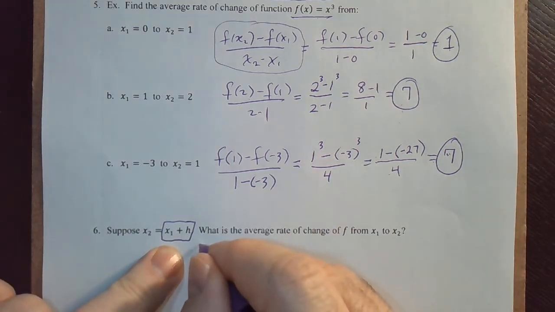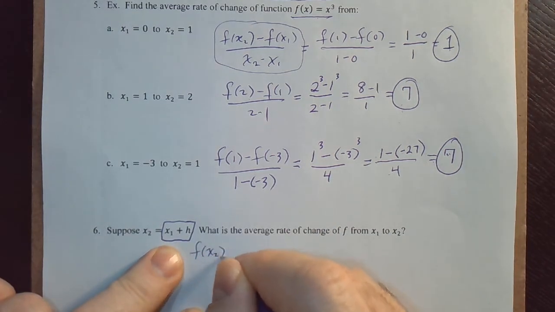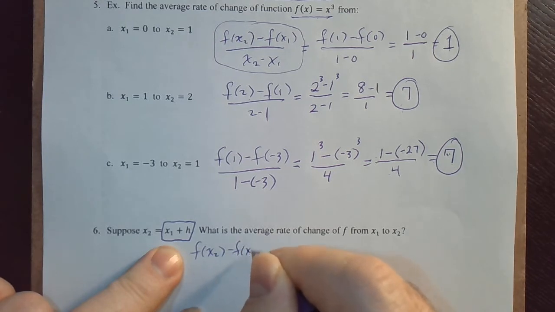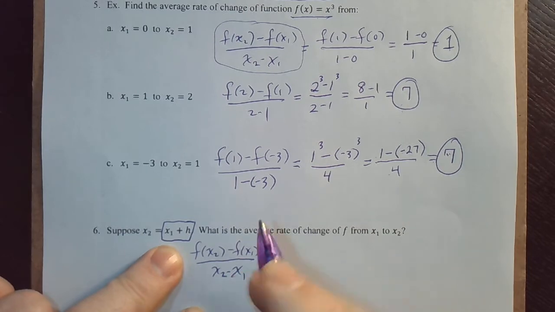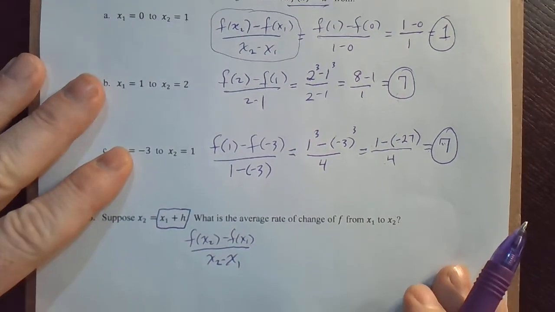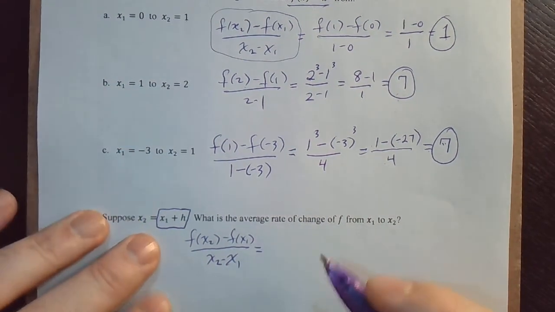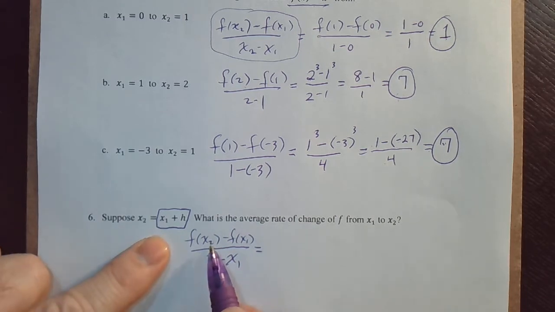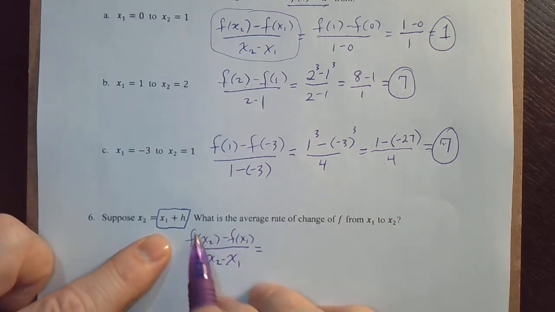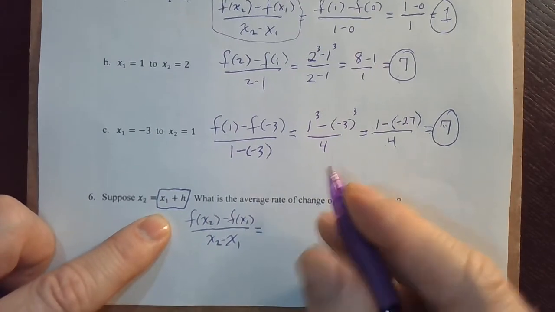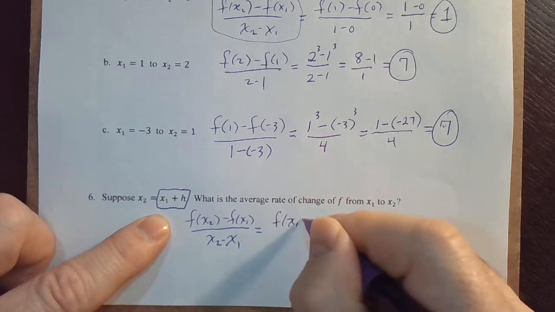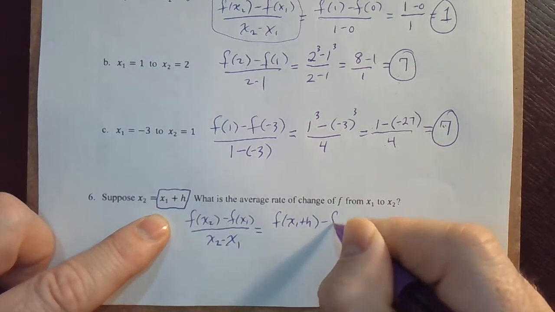I'm going to write down the equation one more time to make sure we all get it. That's what I'm looking for. But what is x2? x2 is x1 plus h, right? So I'm going to replace x2 with x1 plus h. f of x1 plus h minus f of x1